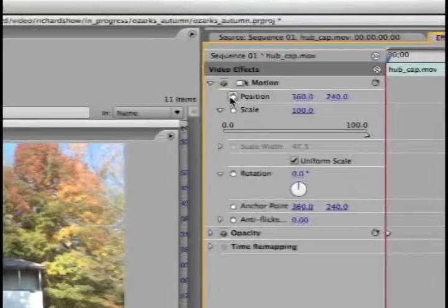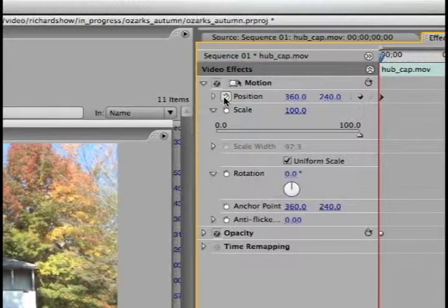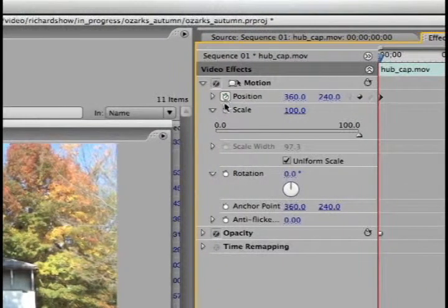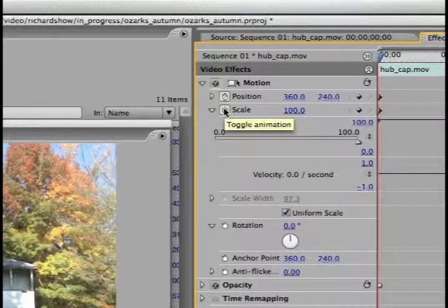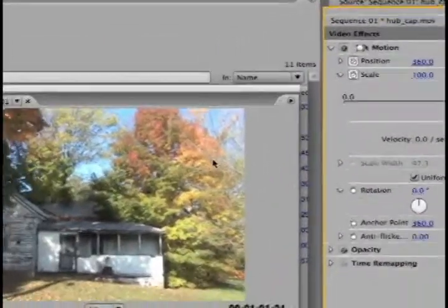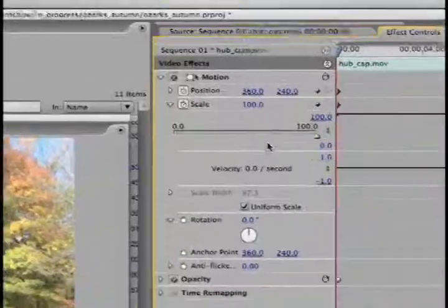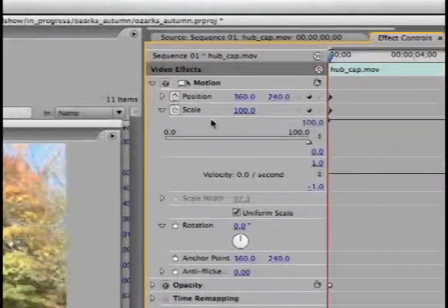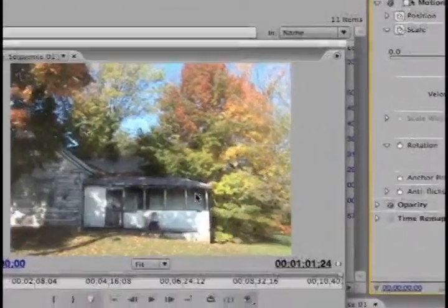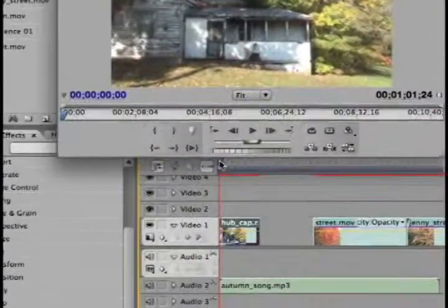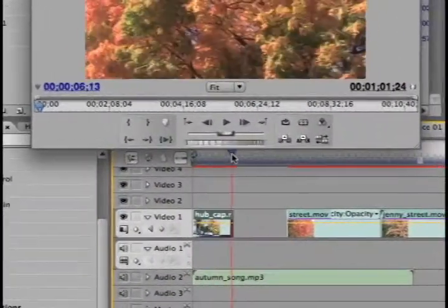So what I can do is click on this position, the little clock thing, and that means set a keyframe. But I'm not at this point in the video going to change anything, because what I'm saying is I want you to start in this state that it's in right now. Then I take the little timeline thingy and move it to the end of the video,